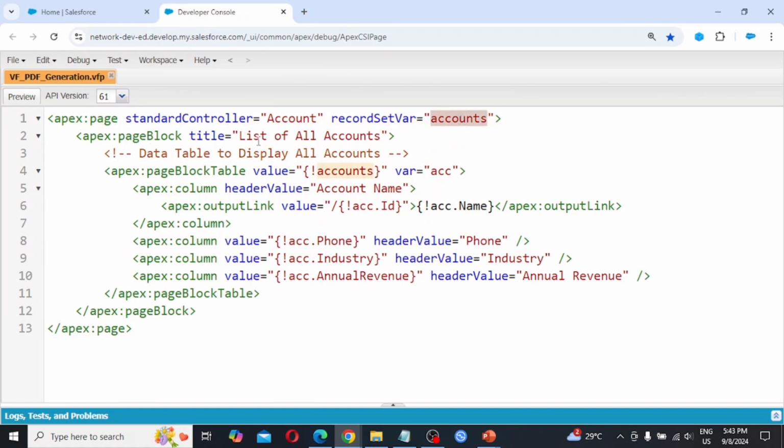In this page we are using standard controller Account and recordSetVar accounts. So apex:pageBlock title, we are taking list of all accounts, apex:dataTable to display all accounts, apex:pageBlockTable value accounts, and we are creating a variable of this, acc. So apex:column header value is Account Name, and we are creating an outputLink value slash